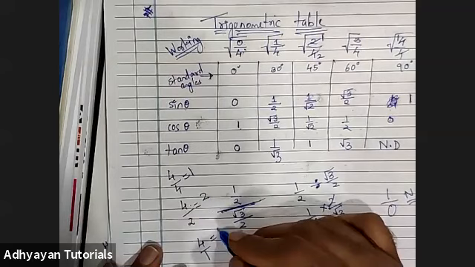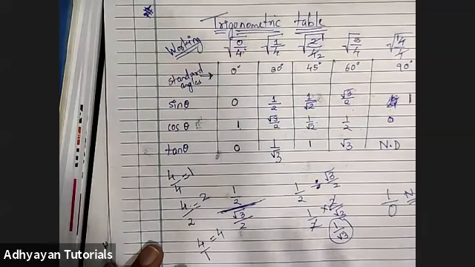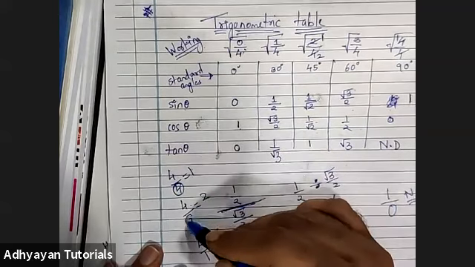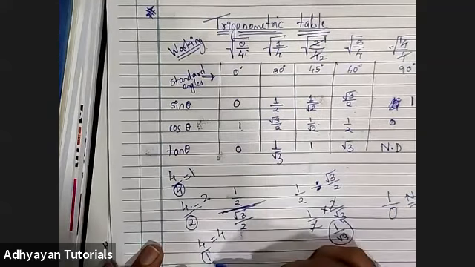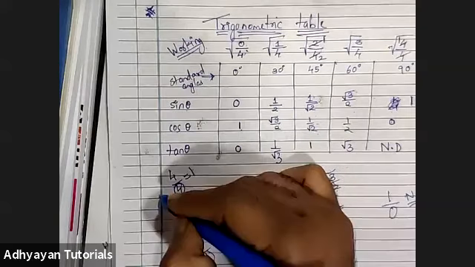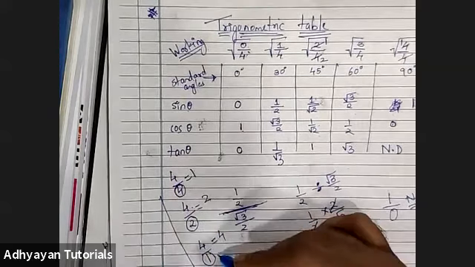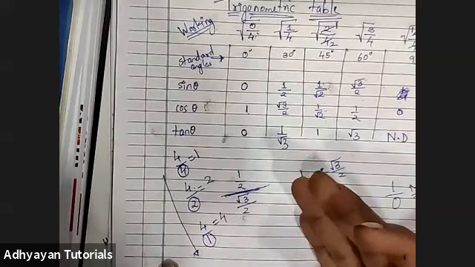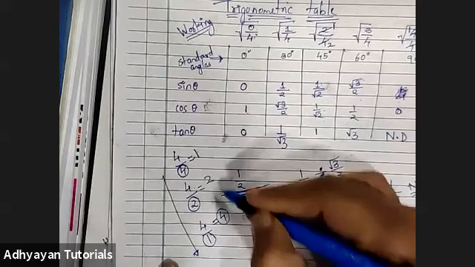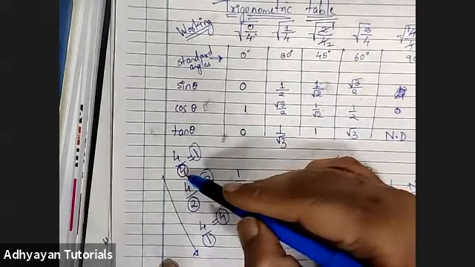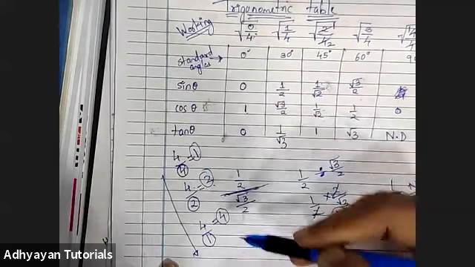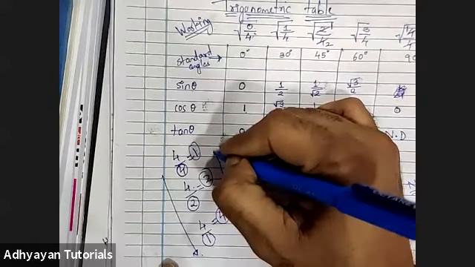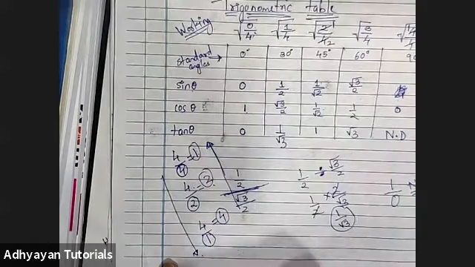So children, if you observe one thing here, initially the denominator was 4. Then I changed it to 2. Then I changed it to 1. That means I was just decreasing the denominator. And meanwhile, what was happening, children? The final answer was 1 earlier, then it became 2, then it became 4. That means when I was decreasing the denominator, my final answer was increasing.